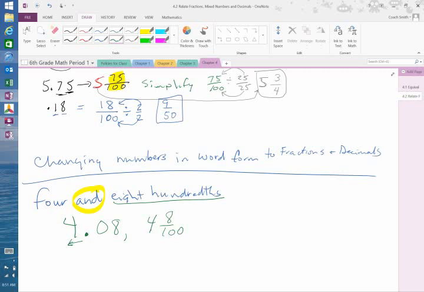So 4 and 8 over 100. Those would be your two answers. You would have to have both of those answers for it to be correct. Okay? Okay, now,